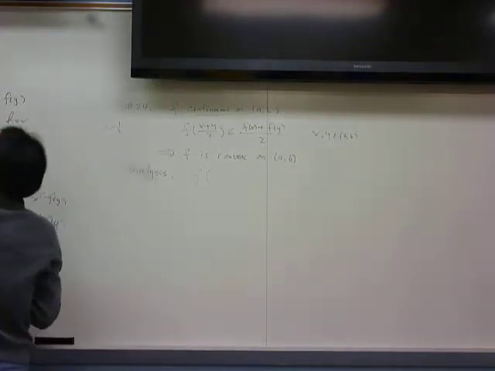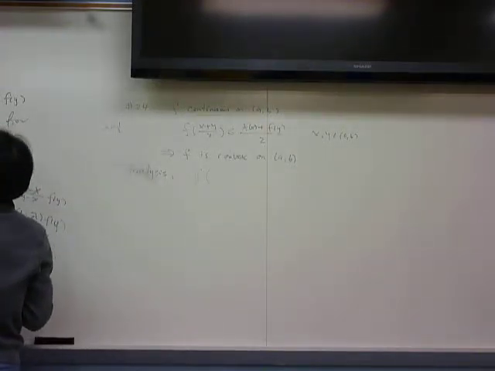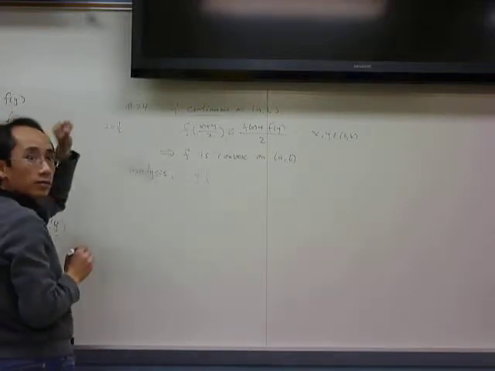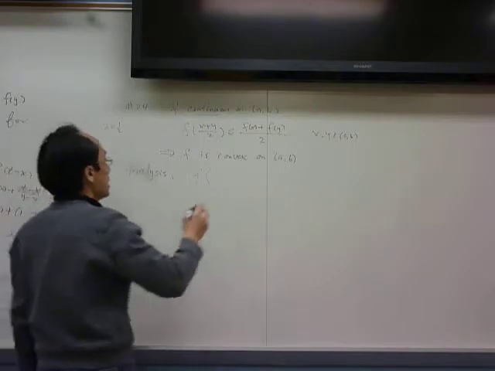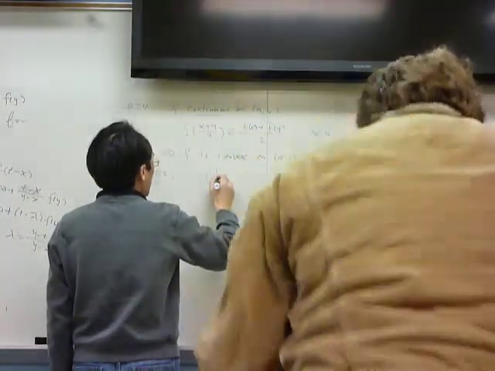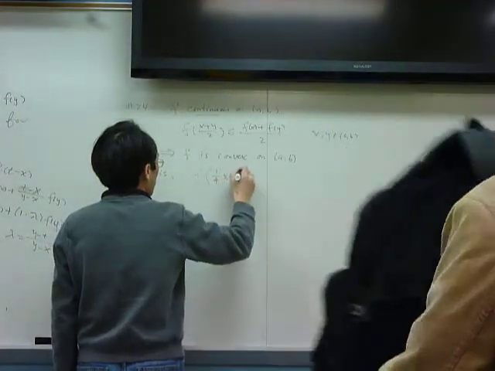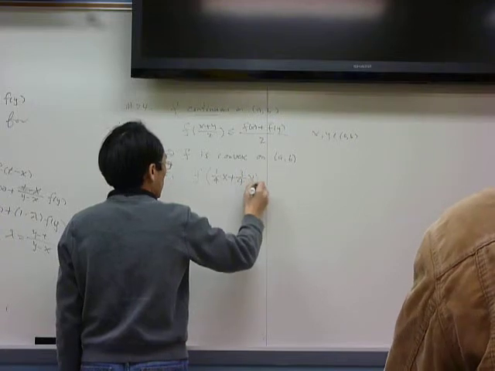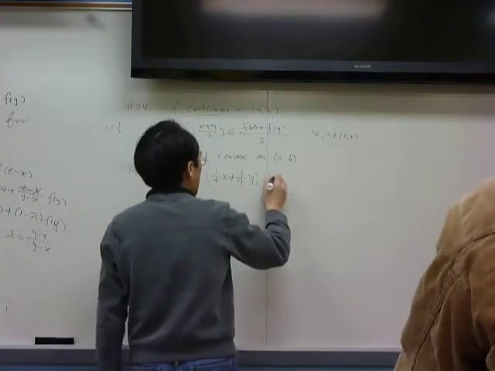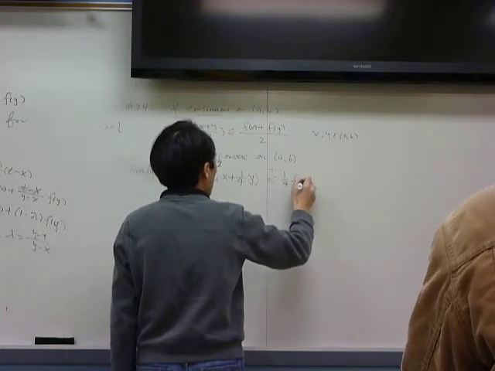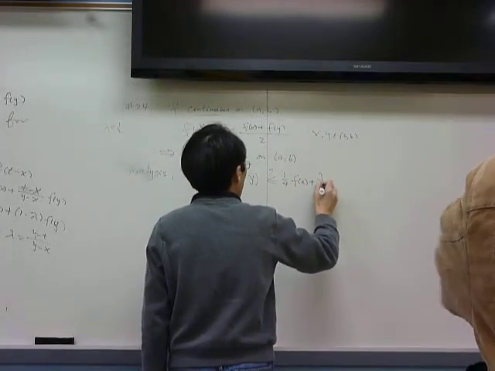Lambda equals 1 over 2, this is x over 2 plus y over 2, and this is 1 over 2 f of x plus 1 over 2 f of y, right? That's a special case. So now I change it a little, for example, to lambda equals 1 over 4. So 1 minus lambda is 3/4, right? I want to say if this is less than or equal to 1 over 4 f of x plus 3 over 4 f of y,